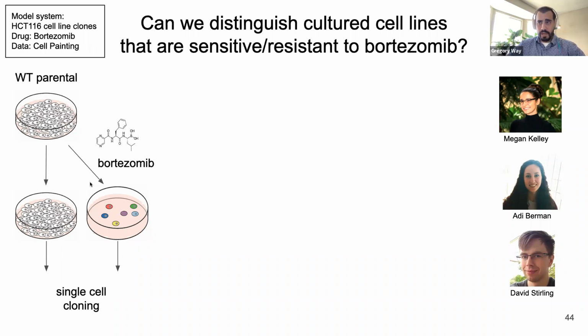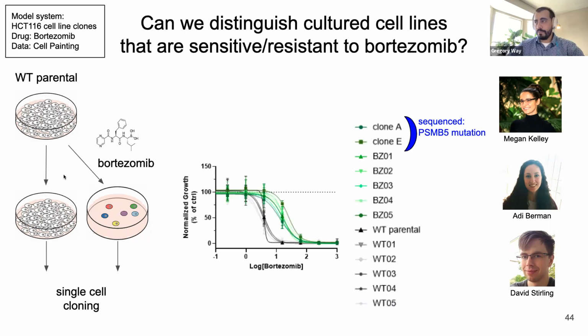So if we treat it, we can identify these colonies that are resistant to bortezomib, and we can proceed with resistant colonies and non-resistant colonies through single cell cloning to generate a bunch of different biological replicates of the parental line. And just as a test to make sure that our procedure is working, we generated 5 resistant lines, at least in this figure, we have since generated many more, plus these 2 historical lines, which we know have the specific mechanism through a PSMB5 mutation in the proteasome subunit.